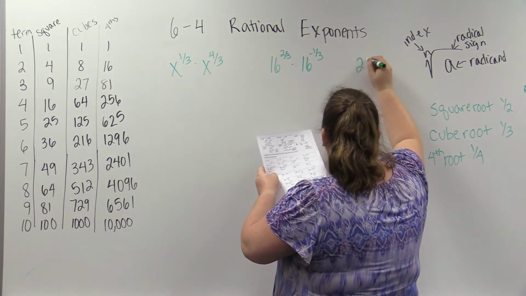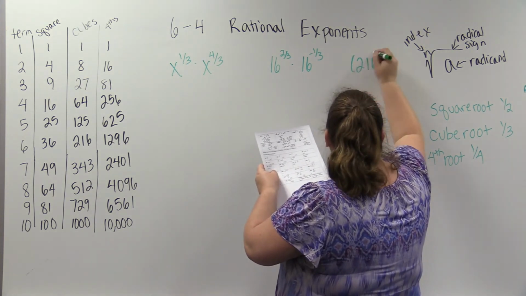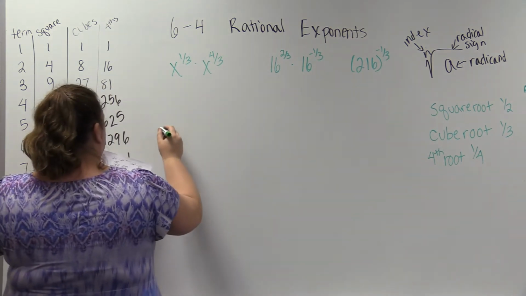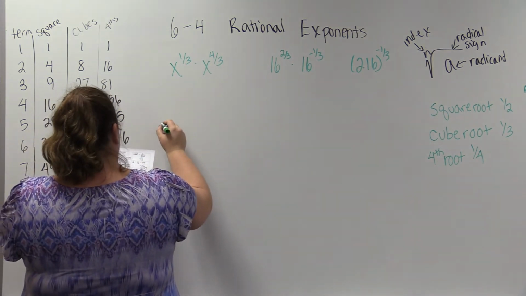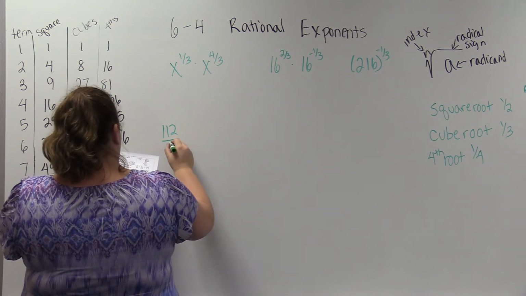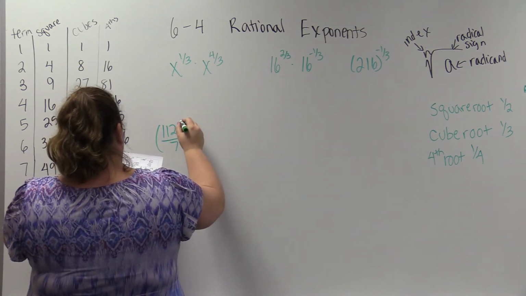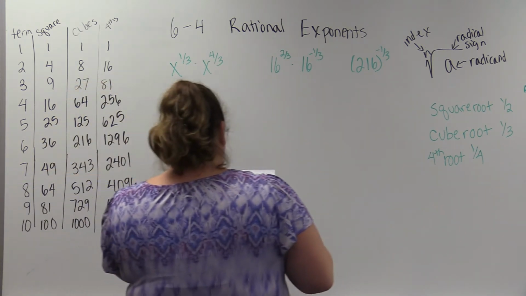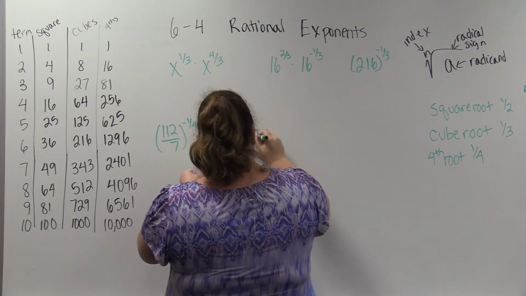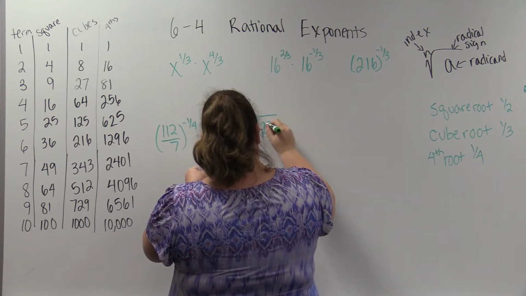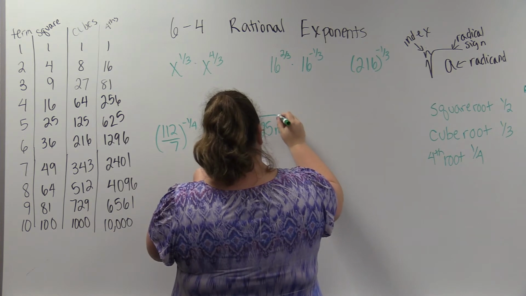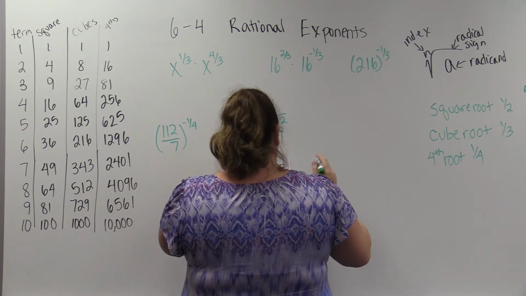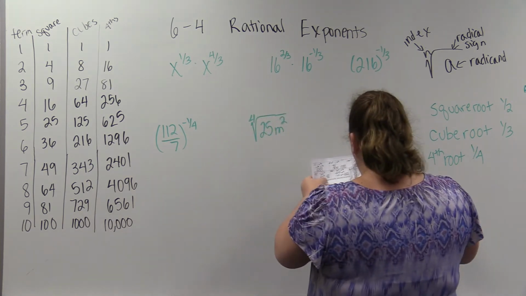And I have 216 to the negative 1/3 power. And then I have the 4th root of 25. And then I have